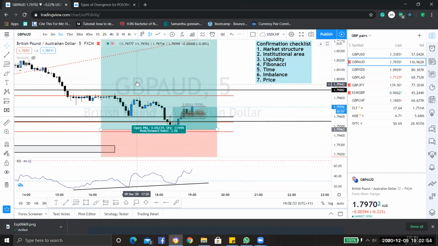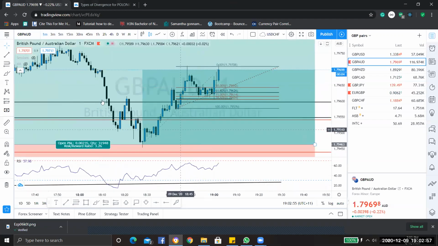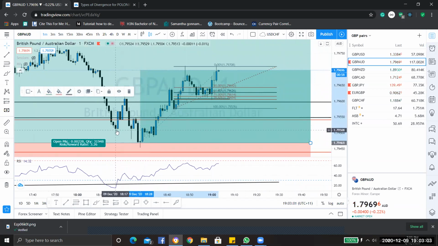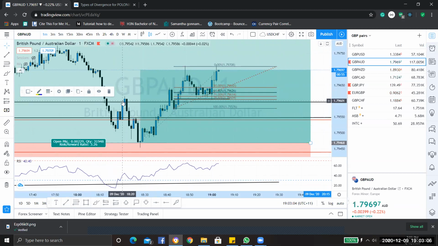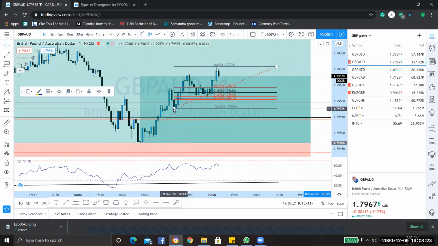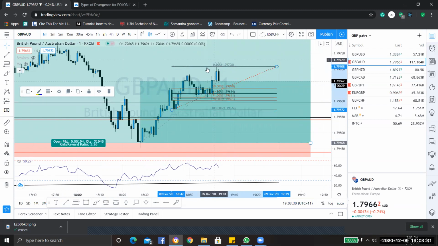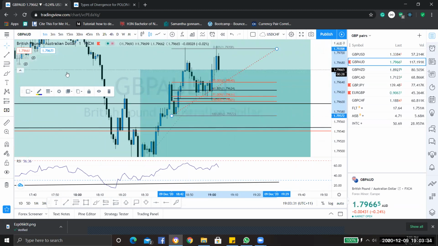Currently, the GBP Australian is running in profit for me. This is the seller's climax test, secondary test, and that's the test for this candle, and the uptrend starts. It pulled back, expansion move. I have my fib from here to here, and right 78.6 entry, and right now the market is making liquidity